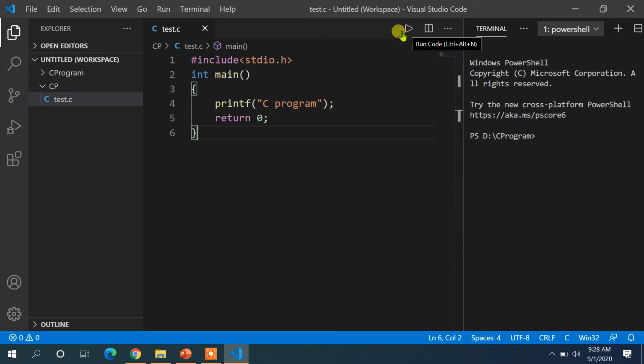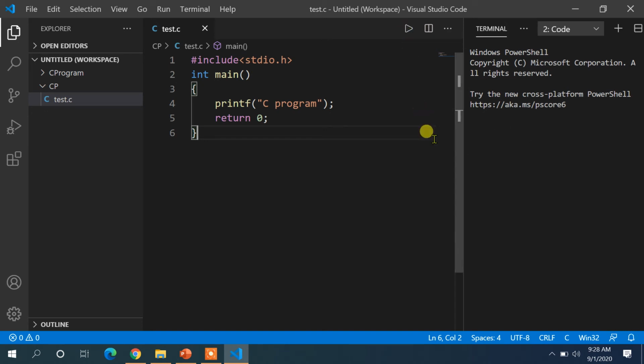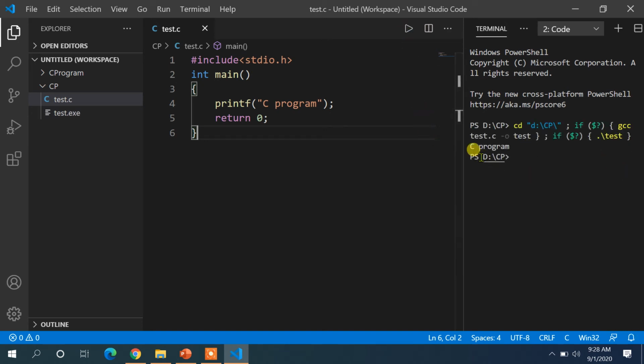Now you will run it. This is the run button. When you click on the run button, we can see the output will appear, C program, here. Okay, so this is the terminal where I'm going to run it. Now another thing you need to set up, because this program only contains a printf statement, so it is running perfectly fine. But